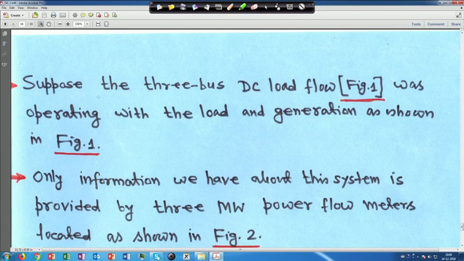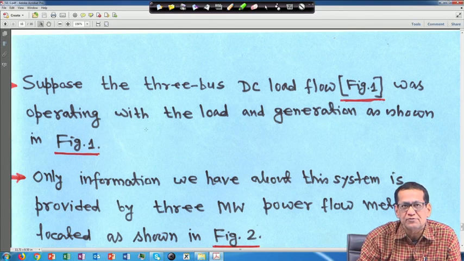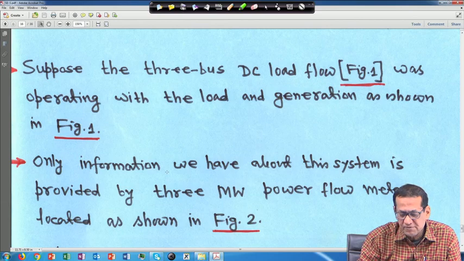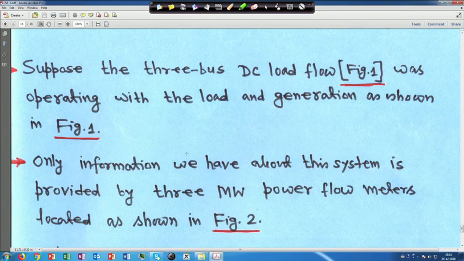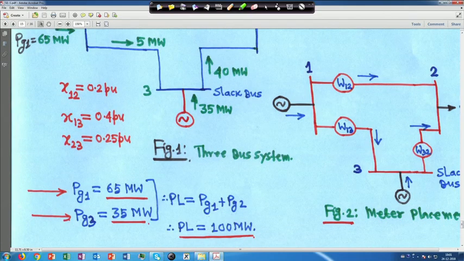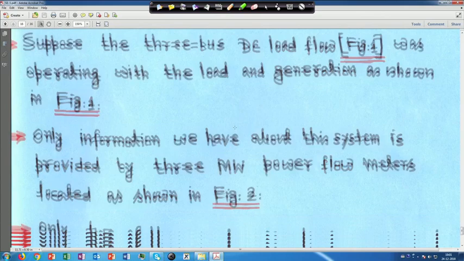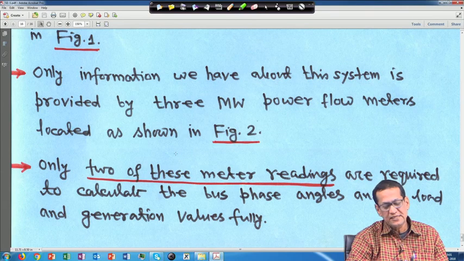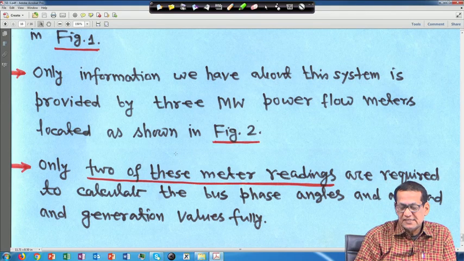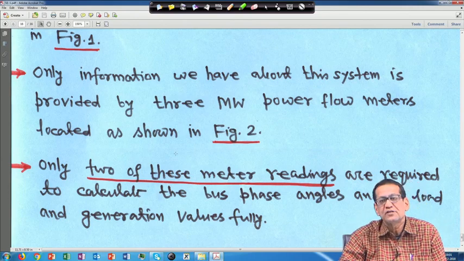Suppose that the 3 bus DC load flow was operating with the load and generation as shown in figure 1, which I showed you. Now, the only information we have about this system is provided by 3 megawatt power flow meters located as shown in figure 2. Although only 2 of these meter readings are required to calculate the bus phase angles and all load and generation values fully,